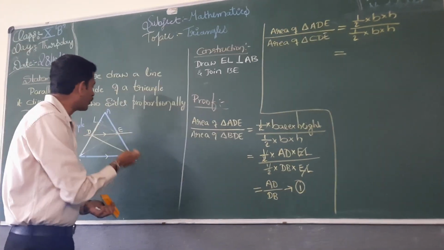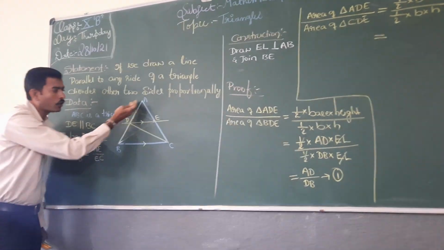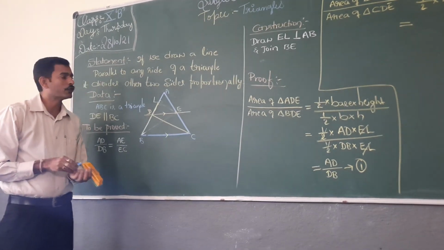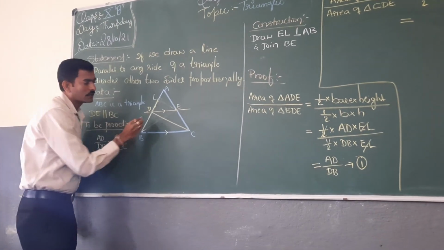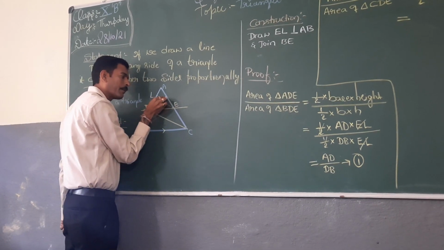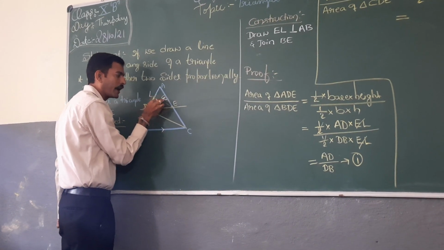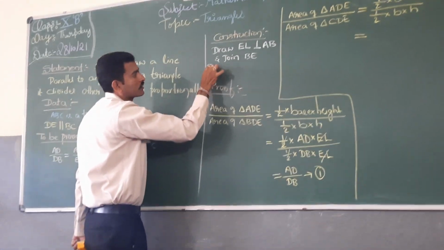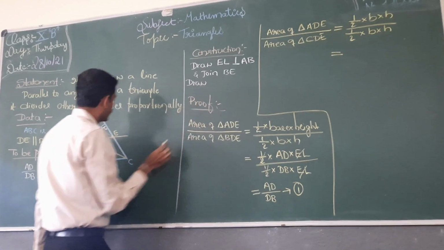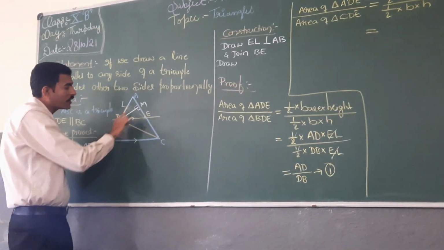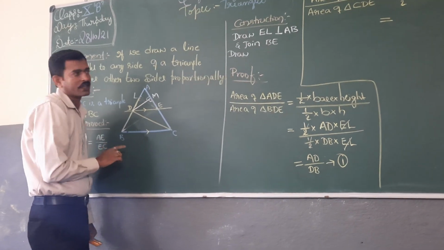Sir, we don't have them. Sir, here no line is perpendicular. So what must you do? You must construct. Sir, let us draw a line. How should we draw it? Perpendicular to the line AC. Draw a line here and call it some M. Sir, DM is perpendicular to AC.